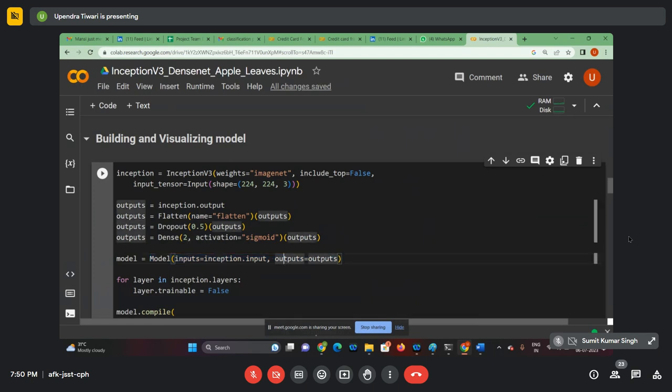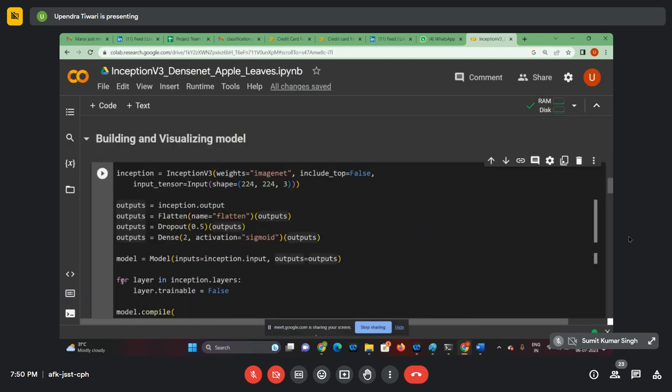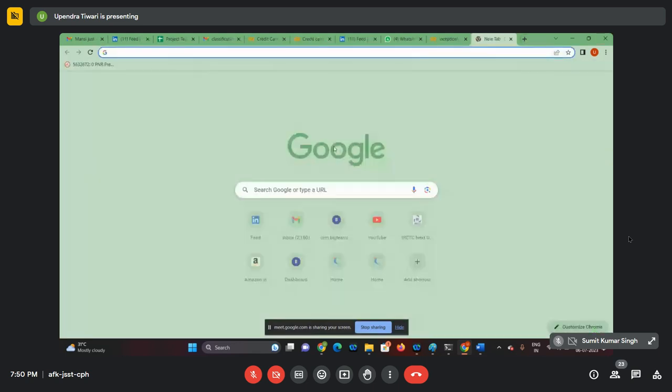But you have not defined the architecture. You are directly applying the layers from the Inception layer. And if I show you the architecture of the Inception v3,